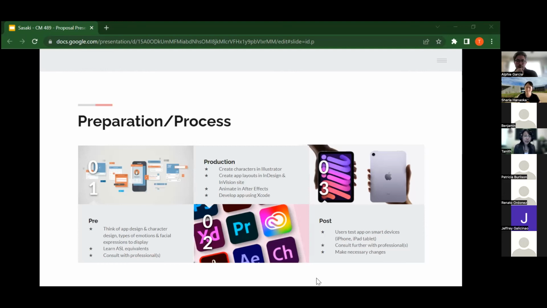For the production phase, which is a very loose plan, I plan on creating the characters in Illustrator, creating app layouts in InDesign, and testing the experience of the layouts on the Envision app website, animating my characters using After Effects, and developing the app using Swift in Xcode. For post-production, I will have users test the app on smart devices. Since I'm using Xcode, it'll be Apple products, so an iPhone or iPad, and consult further with professionals and make necessary changes to the app.